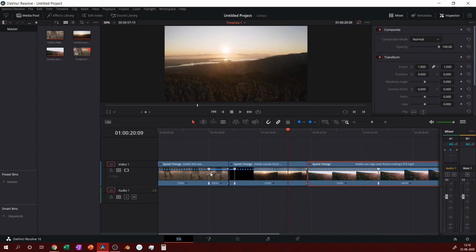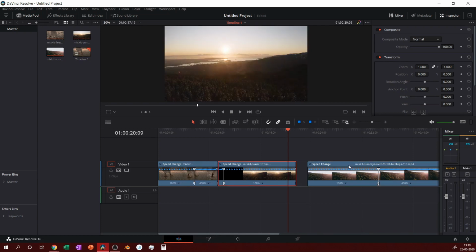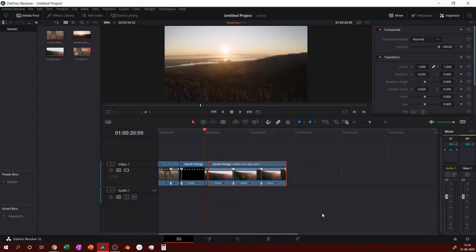Alright, I'm just going to increase when this starts. Alright, it looks like it's done. So now all we have to do after this is open one more setting. We have to adjust the retime control so that it's a smooth transition and it doesn't suddenly jack up in speed.